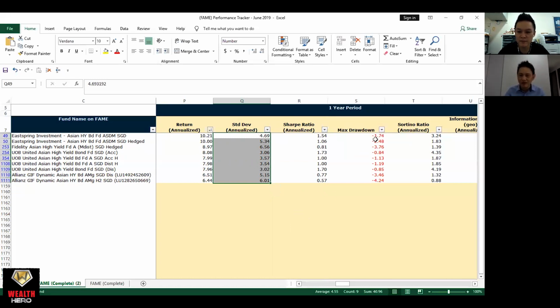Then this is the maximum drawdown. You can see over 1 year what's the maximum loss. It can come down about 4%. And of course you can get a higher loss on the other aspect. So this is something you need to take note. Okay, and next,